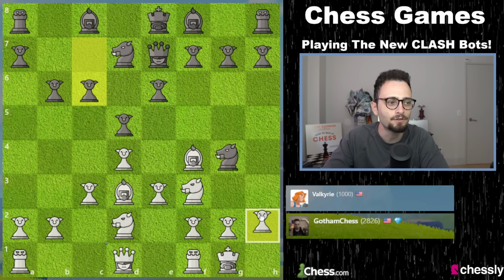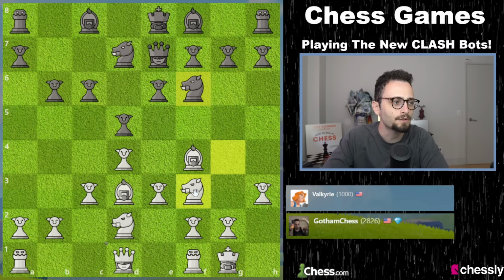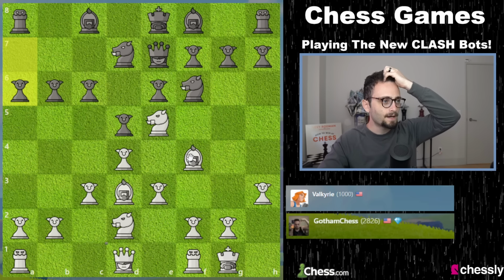Valkyrie, respectfully, I do not care. H3, attacking the knight. Now the knight's got to go. And now we'll play this London style. We're going to put our knight into the center of the board here. And Valkyrie,